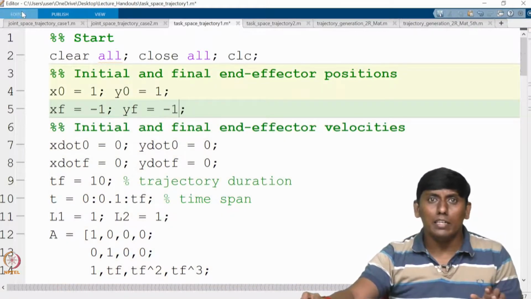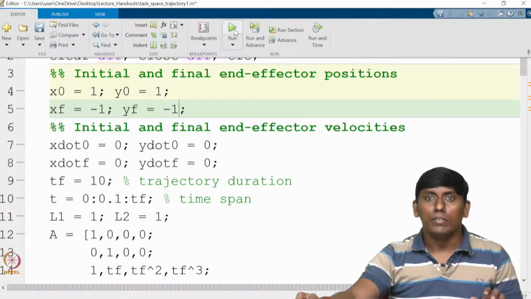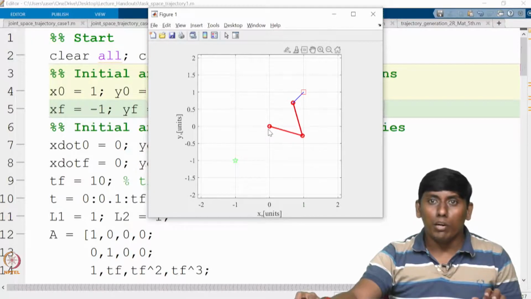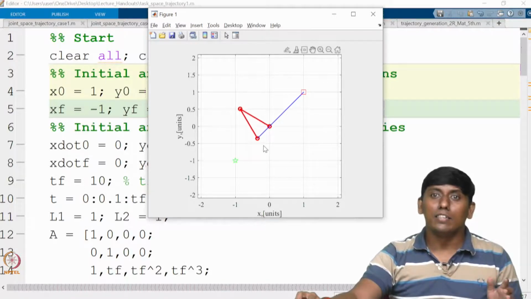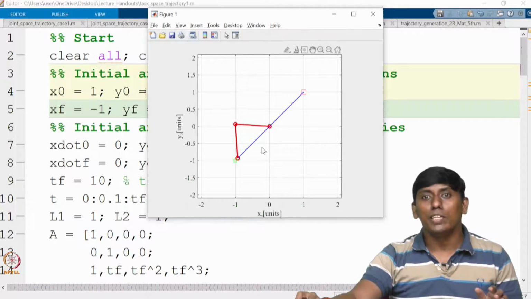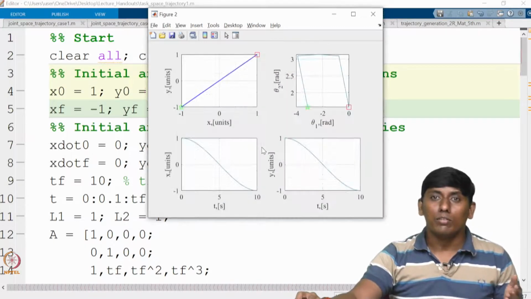You can actually feel it in a single simulation itself. You can actually feel how this is going to be very tough. You can see it is going to fall near a singular point, right? And you can see that it is giving the other solution, right? The task space which is giving the other solution, right? So you can actually follow it.